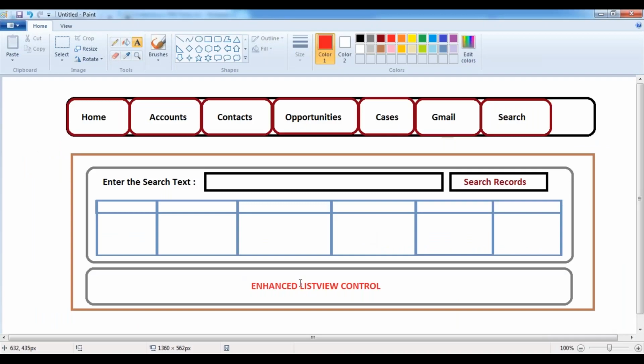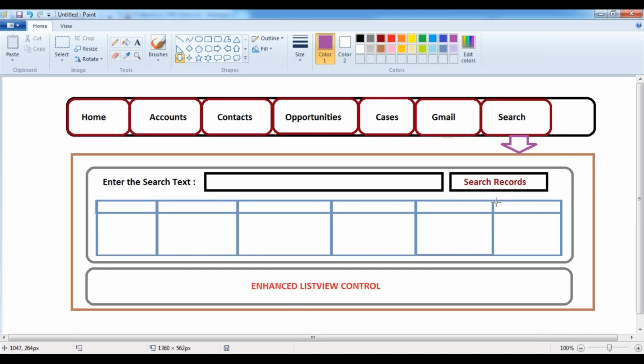According to the customer requirement, whatever search functionality they need, we can design it. At the bottom, we can place the enhanced list control. Upon click on this search tab, I would like to redirect the user to this page over here. So we are designing our own Visualforce page based on the client requirement, with the search functionality and with the enhanced list control.